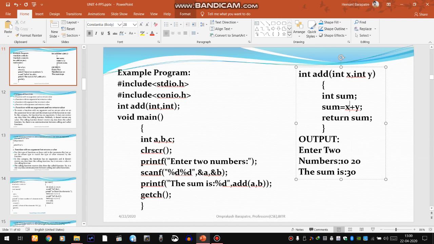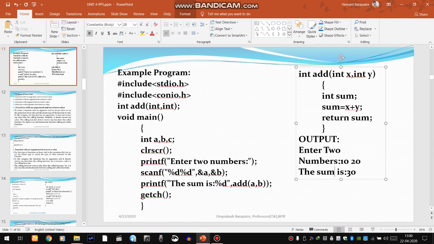So x plus y will be holding the values 10 and 20, and the sum will be 30 because x and y are having a copy of a and b. So sum will be 30 and we will return this sum. This function add will return the value 30 if we initialize the values as 10 and 20.